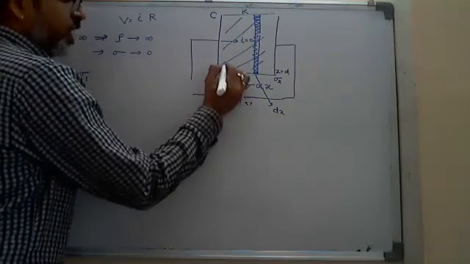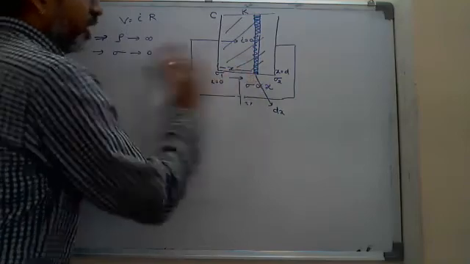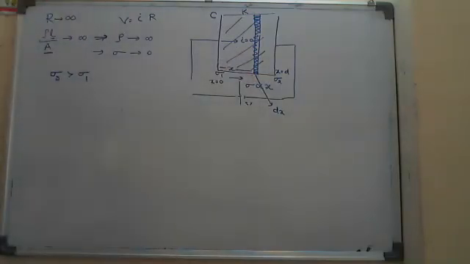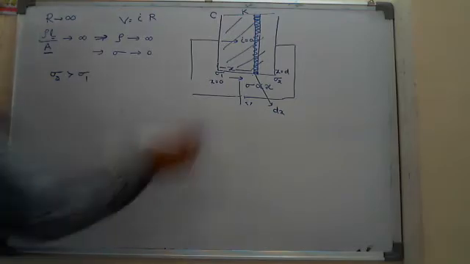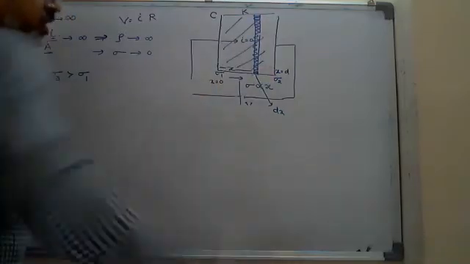Here I took 0, that's why it is assumed at a distance of x from the left hand. So at a distance x,